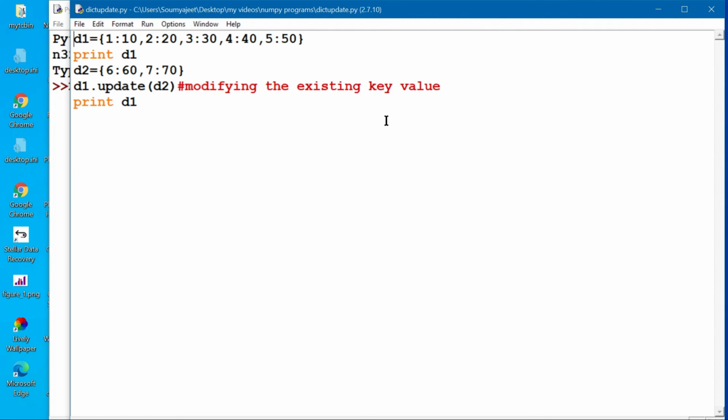Here is another important thing regarding the updation of the dictionary in the form of a program. The similar thing that I had shown you in the interactive mode, I'm showing you right now in the script mode. This is called script mode or program mode. Modifying the existing key value is the purpose of the update command. Now I am executing this one.